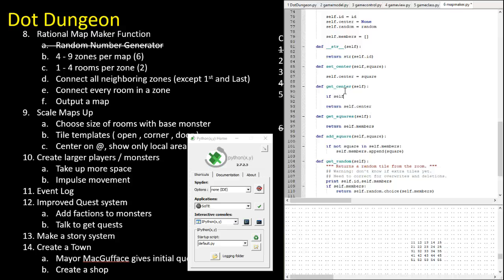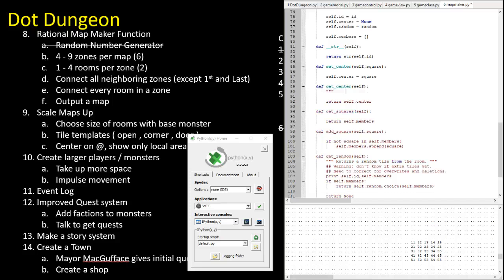If self.center, or type self-center, equals tuple, I don't have to do anything, right? It's either a tuple or a